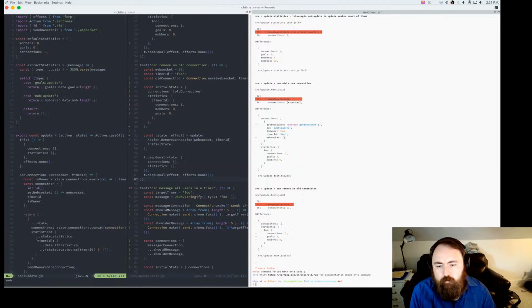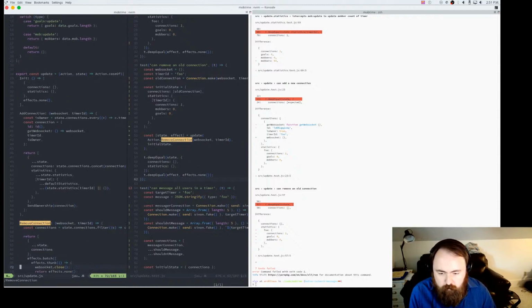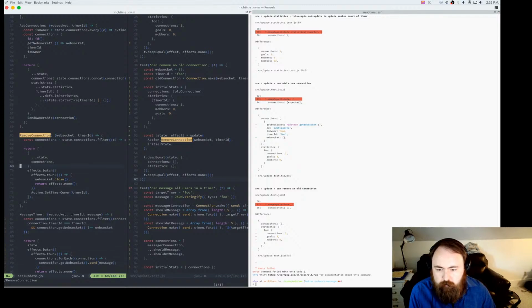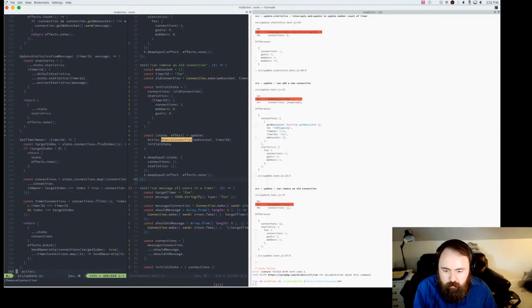Okay, this could have been something where I shelled out the statistics again. Let's see. So if we go to remove connection, that doesn't update statistics. And it probably should. So set the timer ID. Yeah, we also need an update statistics from message.